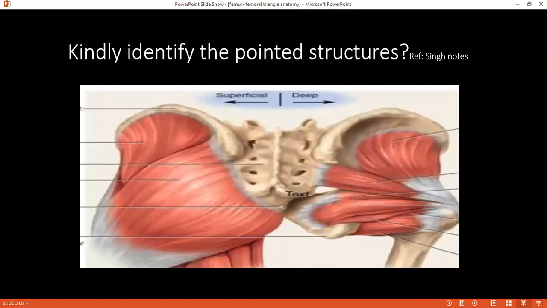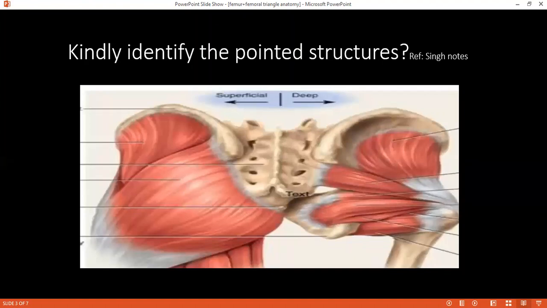Sciatic nerve exits the pelvis below the piriformis and just below the gluteus maximus muscle. Can I interrupt you for a second? Tell me, what is the root value, and then it exits? It is formed by the anterior primary rami of L4, L5, S1, S2, S3. It has tibial and common peroneal nerve components both. After it exits the pelvic cavity, it would lie just below the gluteus maximus muscle, and then